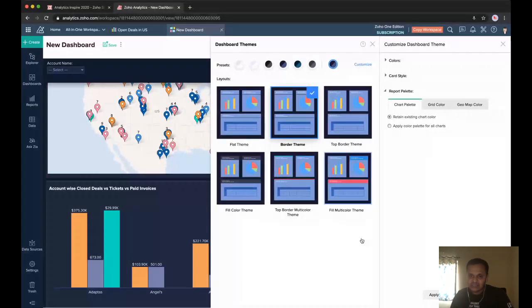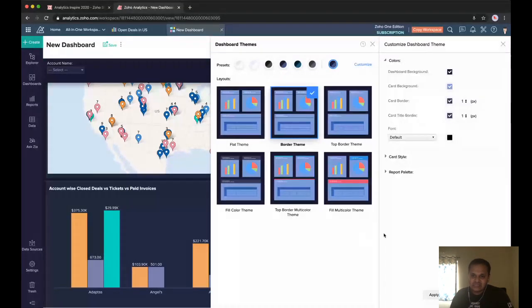I'll show the settings later. So you can completely customize the look and feel, the style of the dashboards, the way you want. And you can also choose the layouts you're looking for in the dashboard. So one layout is, let's say, I can choose this layout that shows the